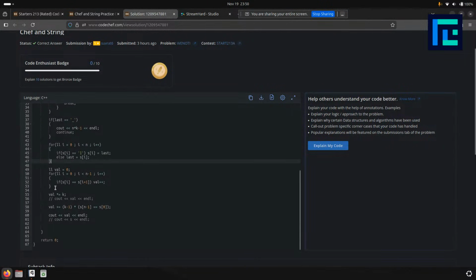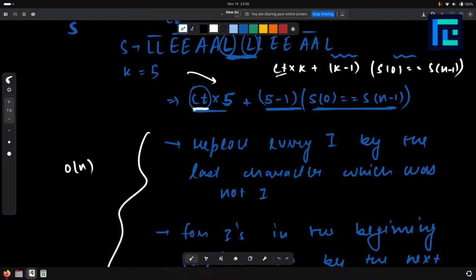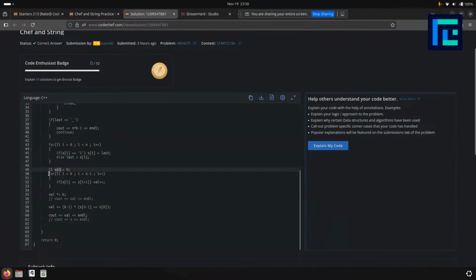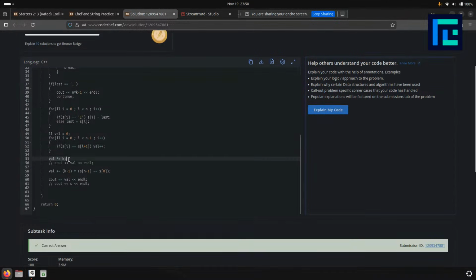So we can run this for loop, and then val is the ct. So we can just run a for loop and check if Si is equal to Si plus 1, then val plus plus, then val into k plus k minus 1 into Sn minus 1 equal to S0, and then